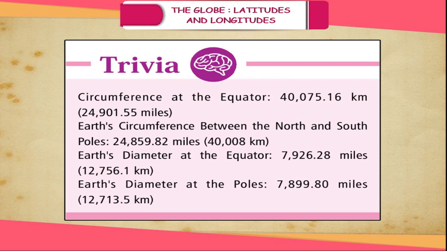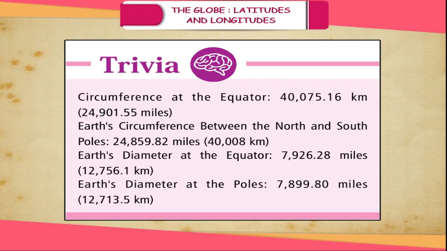Earth's diameter at the equator: 7,926.28 miles, 12,756.1 kilometers. Earth's diameter at the poles: 7,899.80 miles,